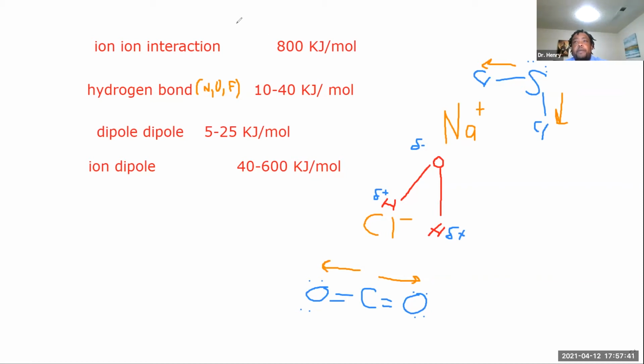So what's going to happen in this situation? The reason why carbon dioxide does form a solid, although it's a weak solid, is because you do have what we call induced dipole. Okay, and so what I mean by that is that, well,